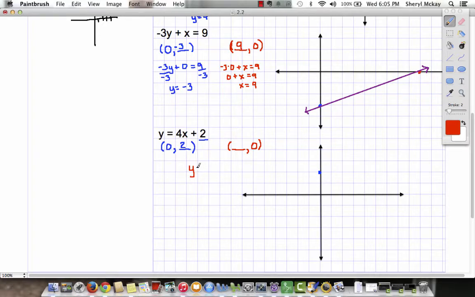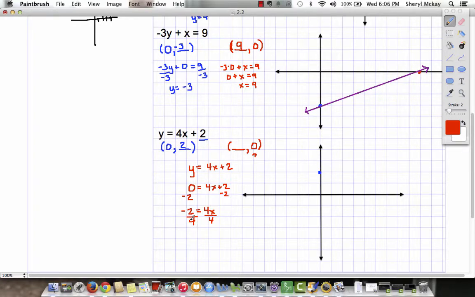Y is going to be 0, right? I'll just write it one more time. Y equals 4x plus 2. I'm going to take that 0 right there, and it's going to be in the place of the y. So I'm going to write 0 equals 4x plus 2. And now I'm just solving for x. So I'm going to subtract my 2 from both sides, and I get -2 equals 4x. I'm going to divide by 4 on both sides, and I get